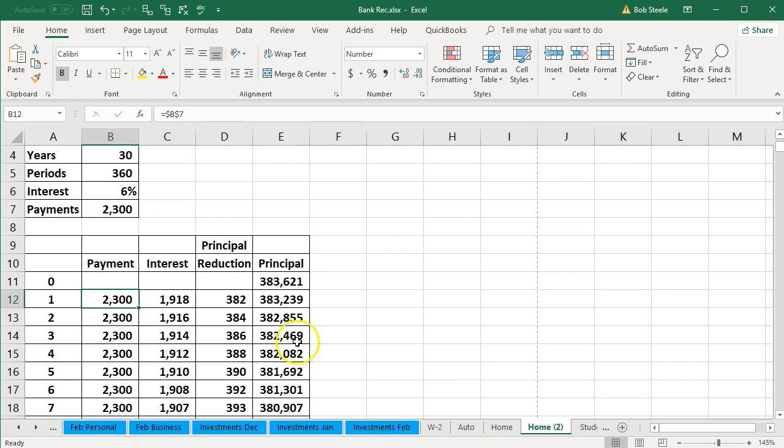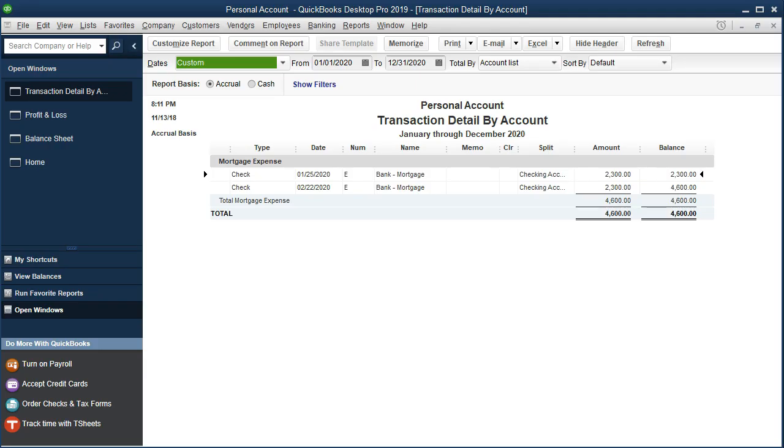What we'll do next time is we'll go into QuickBooks and we'll record the balance as of the time period that we started entering data into the system. And then we'll adjust these payments not to be expensing the full payment, but to be breaking out between interest and principal in the proper way. And then we'll have the proper interest recorded here, and the loan will be properly recorded on the balance sheet.